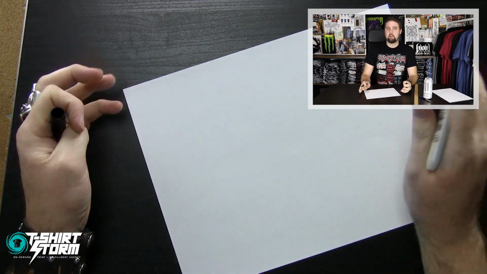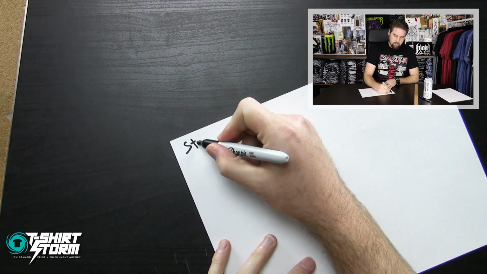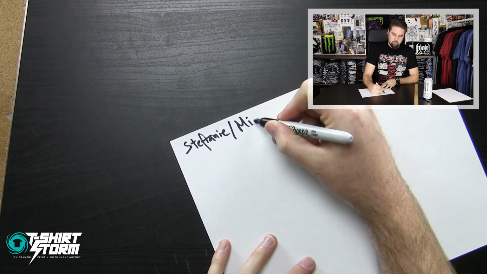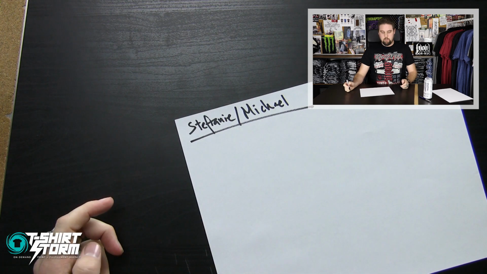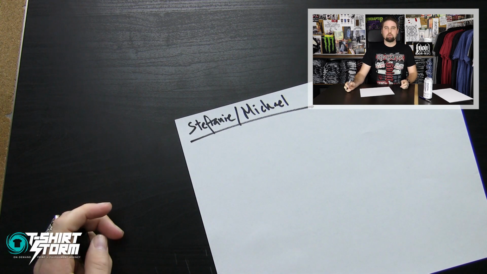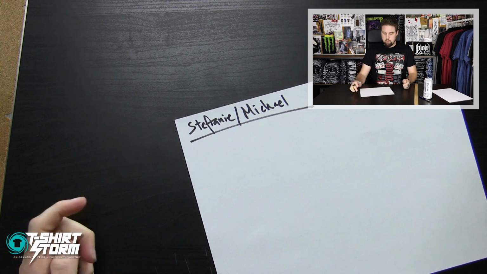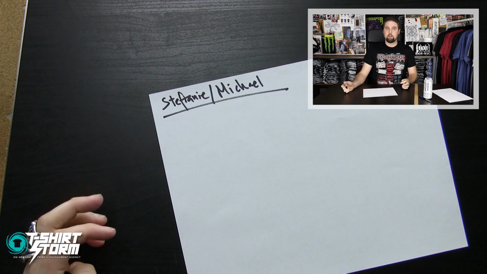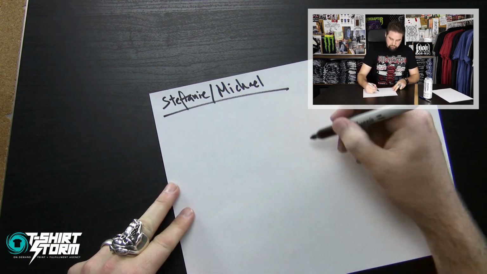All right, so the next ambigram I'm going to draw is going to be one that's a random comment from a previous video. And what we're going to do today is going to be the name Stefanie with the name Michael. And because the Aquaman design ran so long this time around, we're actually going to time lapse this one. So I'm just going to draw it up really quick, Stefanie and Michael. You're going to watch it come in a lot faster than what it usually would. Yeah, here we go.